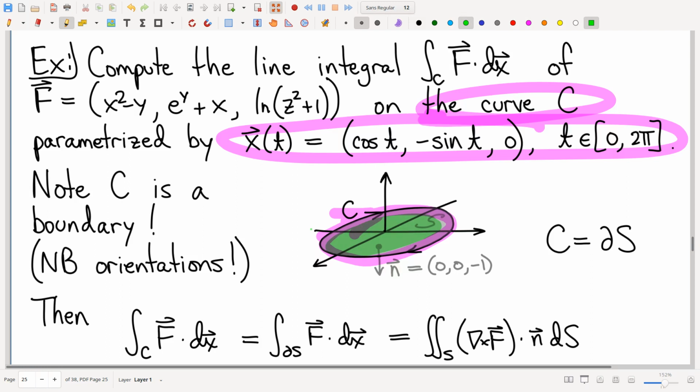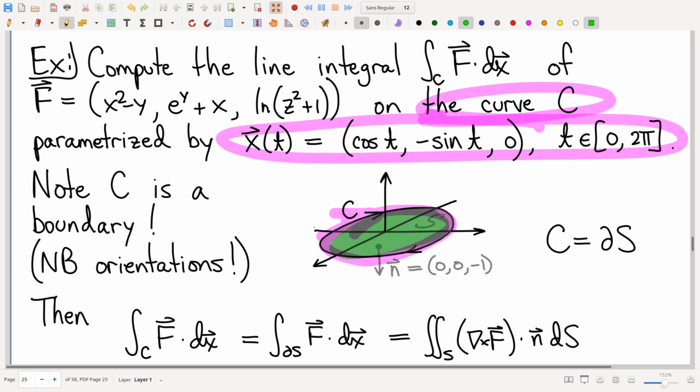Is that cool? If you want to get weird with it for whatever reason, you could say, you know what, that's the boundary of the upper hemisphere. Right? The equator is the boundary of the upper hemisphere. That's also true, and if you want to use this surface, I guess you could. I don't know why you'd want to, right? It's just going to make life harder. But you do have options. You don't have to pick the obvious surface, but by and large, in the absence of a pretty compelling reason to the contrary, pick the easiest surface. And so, yes, I'm going to view it as this surface right there.